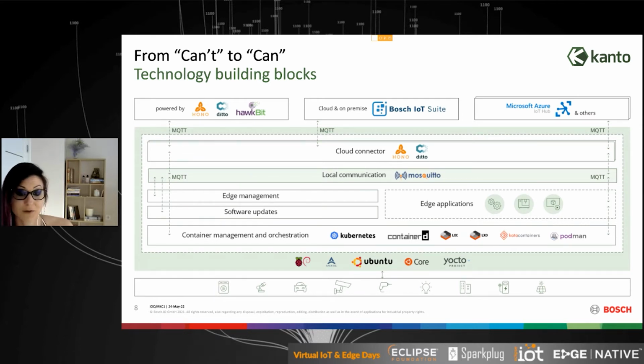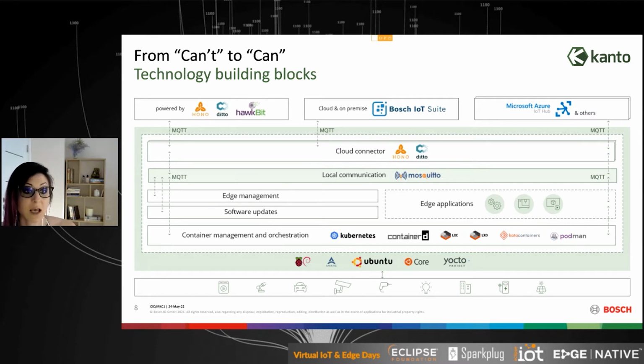Starting bottom up, as we are on the device, different operating system supports, as already mentioned: Debian packages, Yocto meta layers, Ubuntu snaps, and so on. Container management and orchestration is actually a pluggable layer. As already mentioned, as we want to go to public specifications and lightweight solutions, OCI is not the only one, because if you look into lightweight, for example, LXC is another great solution that you can decide to use in your end-to-end solution. So this is something you can plug underneath the container management and orchestration layer that Eclipse Kanto provides.